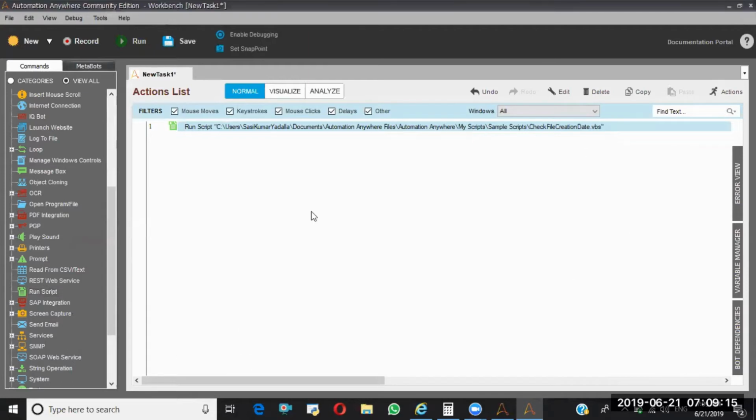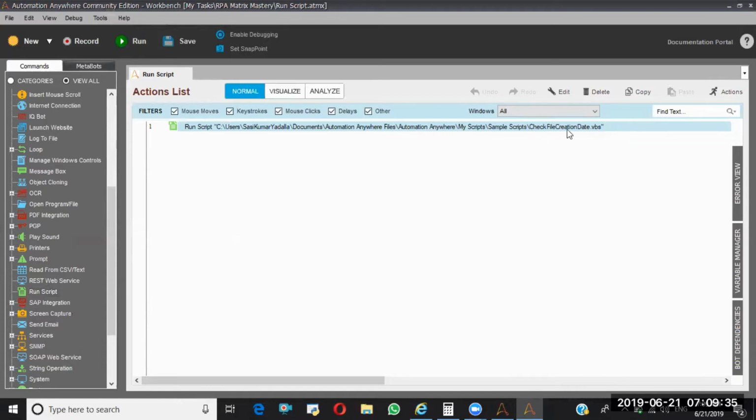With the help of the run script command, I am going to execute an external VB script file. If you see the extension of this particular file, it is VBS, that means this is a VB script file.